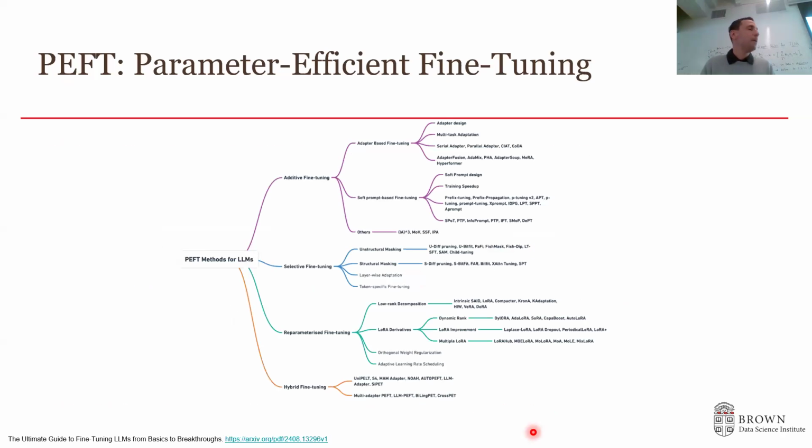So the next group of techniques to improve fine-tuning is called parameter efficient fine-tuning. There are many different methods to do that, but you can categorize them into four main methods. Additive, that means we're going to add something to our network. Selective, we're going to select which part we're going to train and which not. And reparameterization, which means we're going to calculate our parameters in a different way. And of course, there are hybrid methods which can combine some of them.